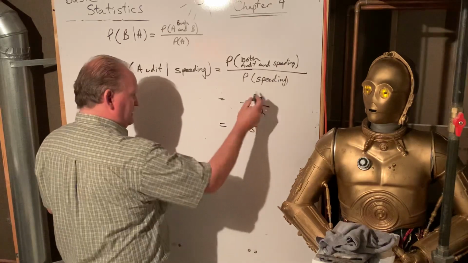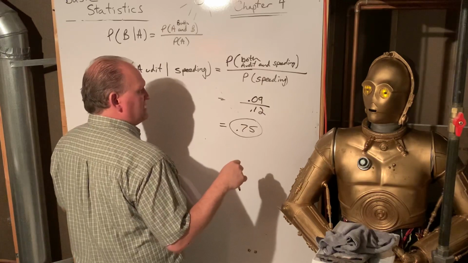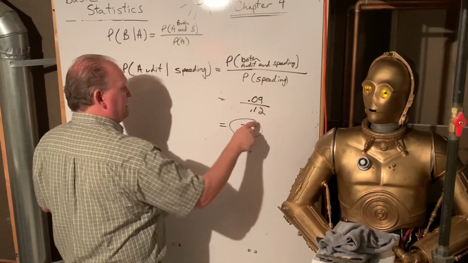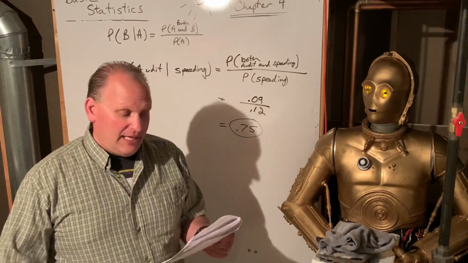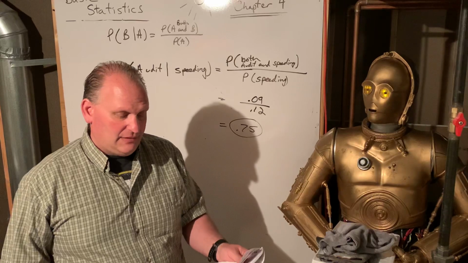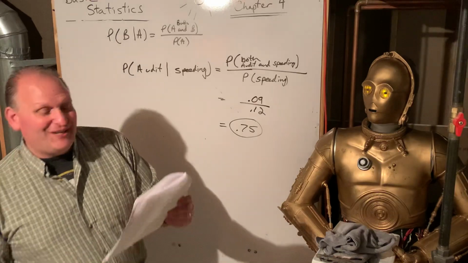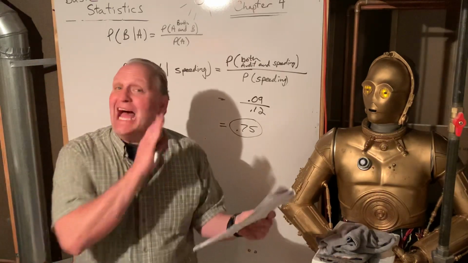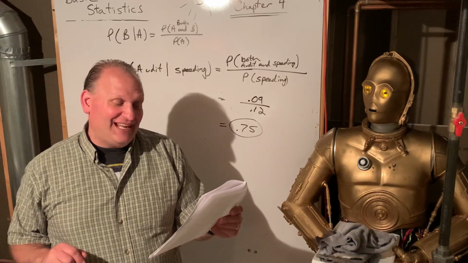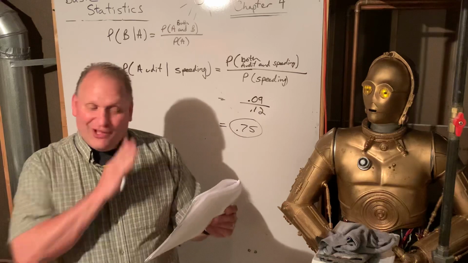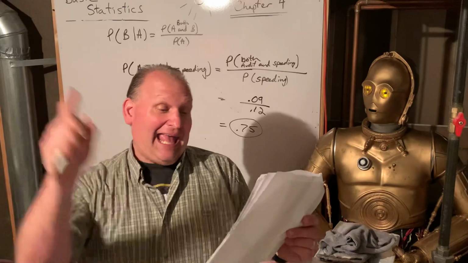if these were correct, if you already got a speeding ticket, and both audit and speeding happens 9% of the time, then there's a 75% chance you will get audited given that you have a speeding ticket already. Ooh. All right, let's see. Suppose that the probability of me going to Hawaii is 70%. That's not real. And the probability that I go golfing, given that I am in Hawaii, is 50%. Also not real. Find the probability that I play golf and go to Hawaii.